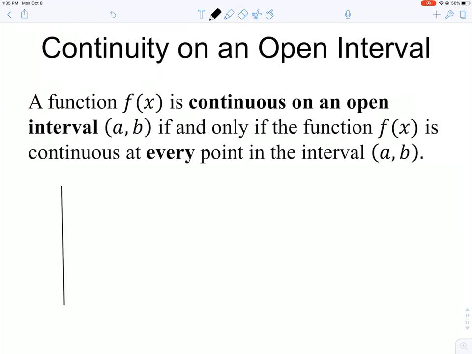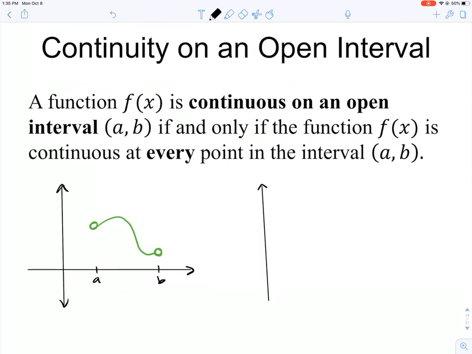So an example could be something like that. Every point between a and b is continuous, just a and b are not part of the open interval. Don't forget that